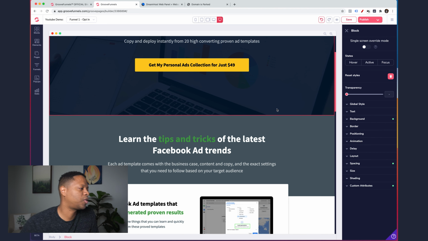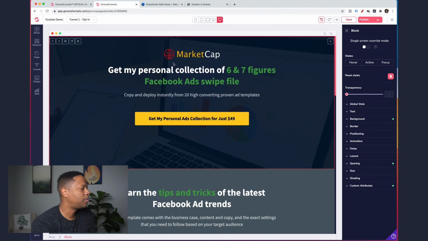Once again, I'm not trying to design a page. I want you to do that. Take the time that you need to go through and click on a section, make it what you want. I really care about people being able to come to your page and click on the buttons, enter their information, and then get into your marketing funnel. But if you start with what's already designed, you're going to do well. You're going to do great. And that's really the goal here.